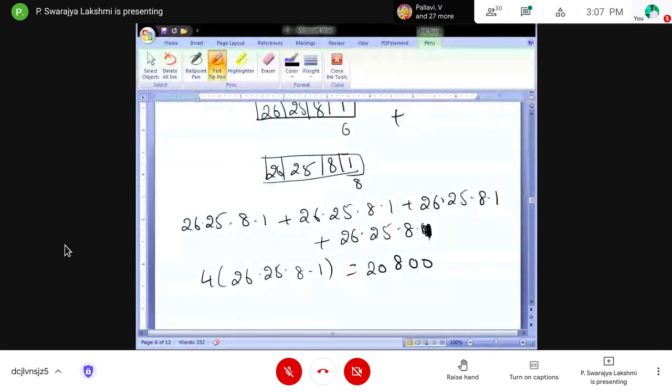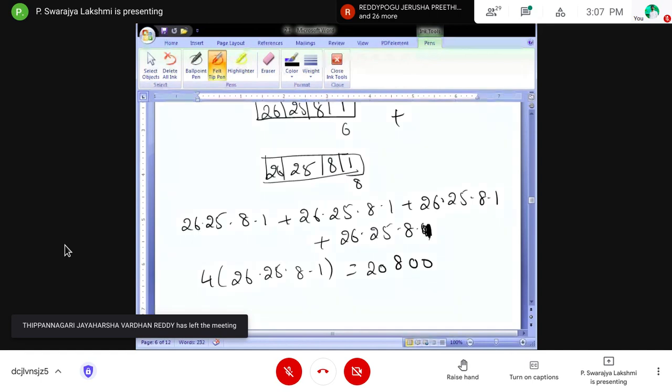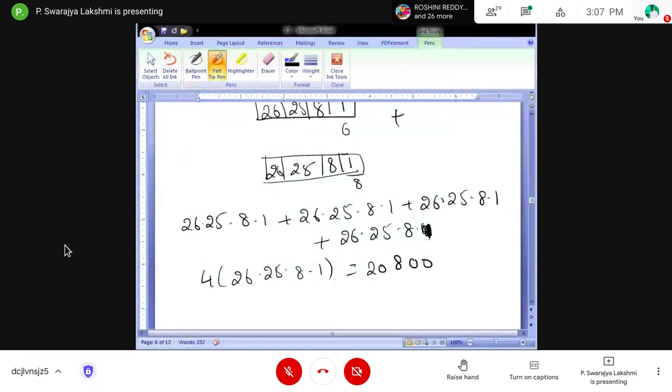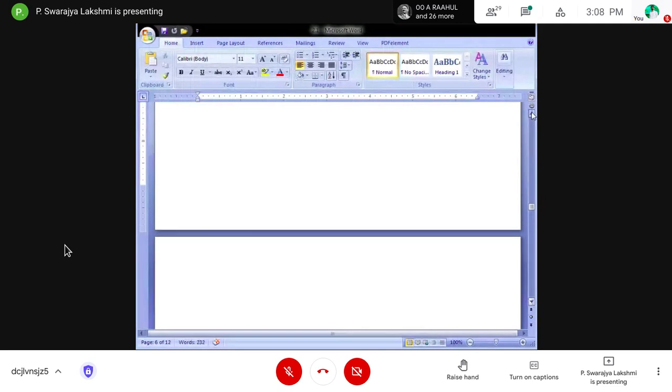So where we have to use the product rule and where we have to use the sum rule, I will explain a little more elaborately. So whichever one is okay, you can solve in that way. Okay, now this is clear for everyone? The problem is clear for everyone?